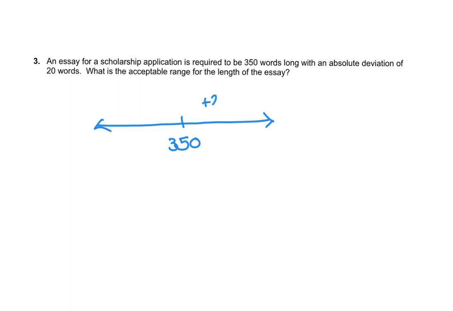So you could add 20, and we would get 370 words. Or we could have minus 20, which would be 330 words. So the acceptable length of your essay could be 330 to 370 words,